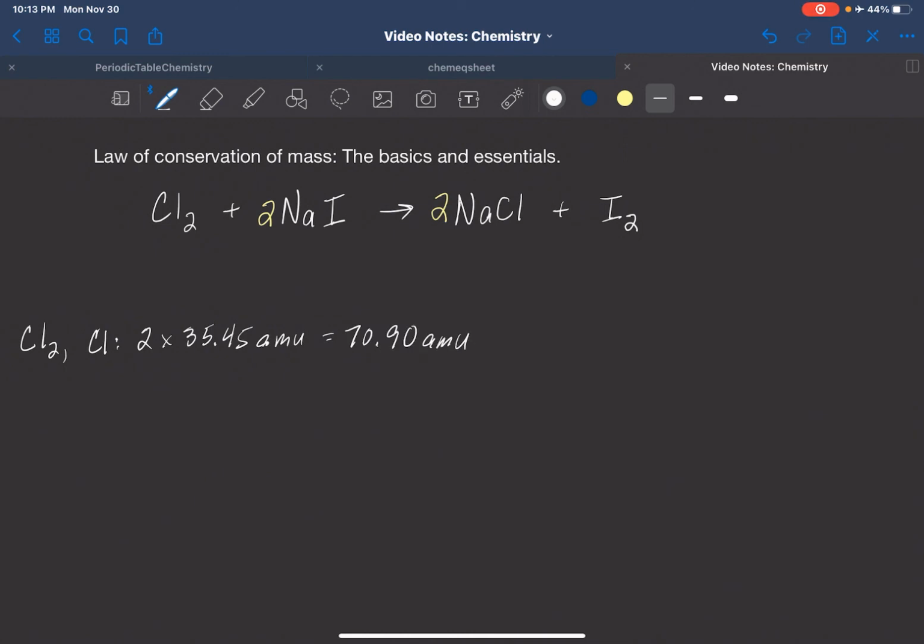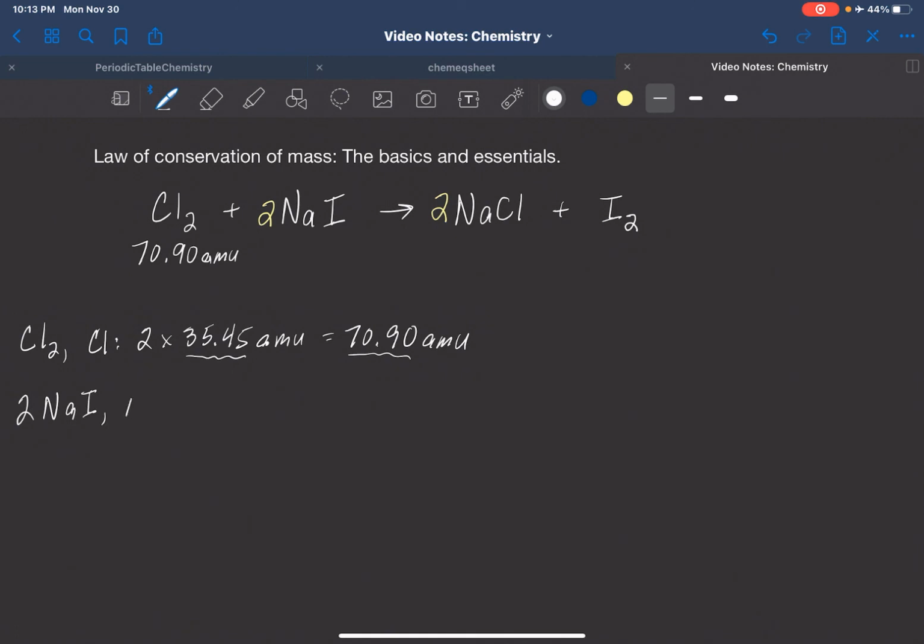And again, the reason why? Well, we see here all these significant digits. We want to match that up. So we know that right here, this has a mass of 70.90 AMU. Okay. So now we have our 2